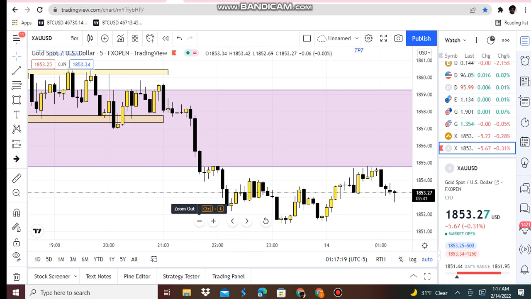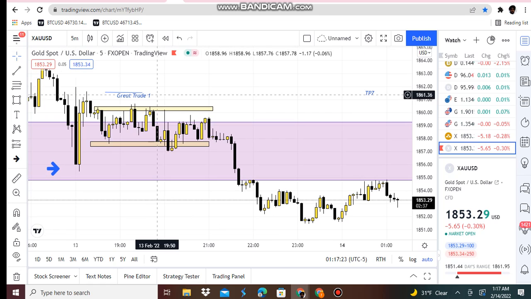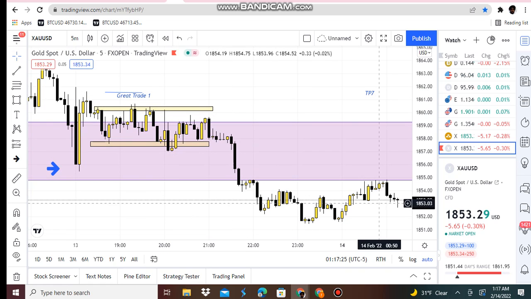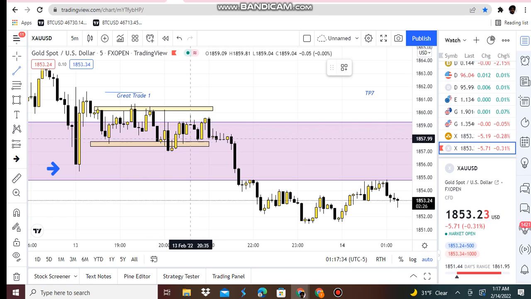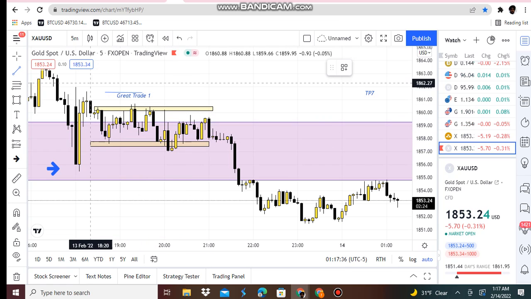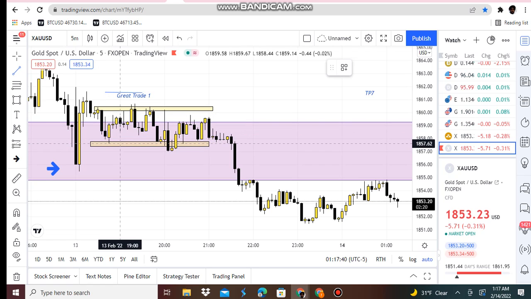Gang, you're in profit the whole time, from great trade one at 1861 all the way down to 1853. Draw our trend line, boom, we're in a downtrend. Price consolidated, but still making structure. It makes a lower low from great trade one, and it makes a lower low all the way down to what